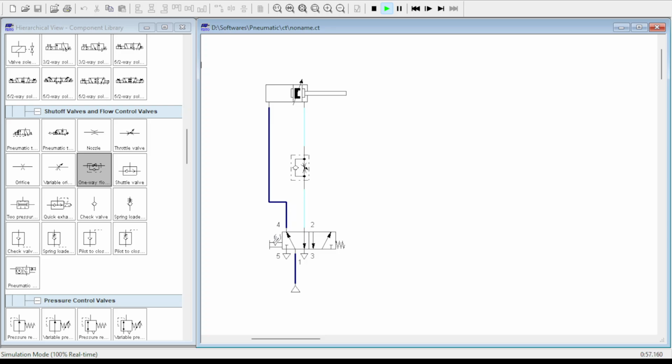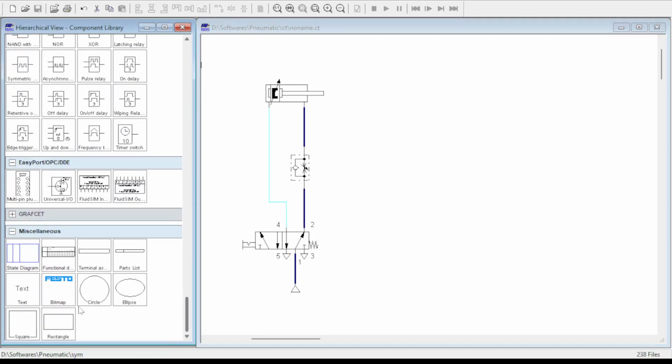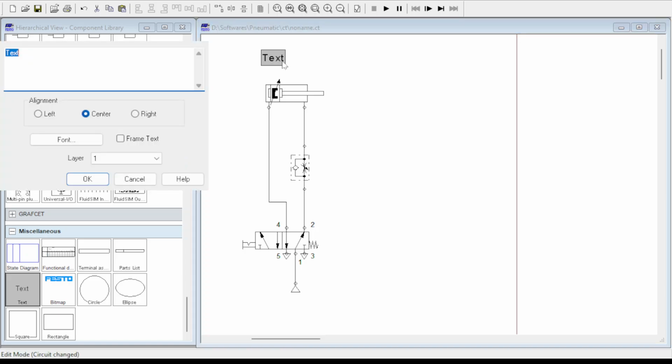Then I can actuate the DCV, and you can see during the retraction stroke, air will enter into the rod end of the cylinder freely through the check valve as it is open, and the retraction happens without control. So this type of speed control technique is called a meter out speed control circuit, and specifically this does extension control.